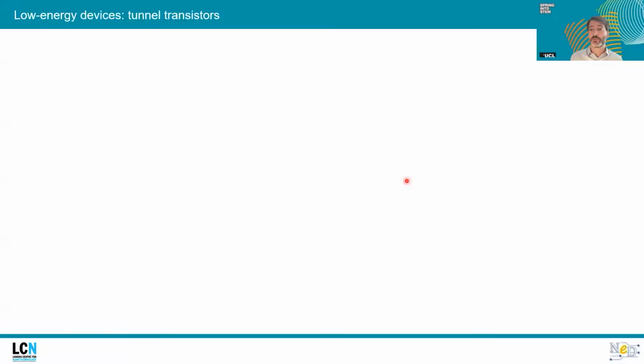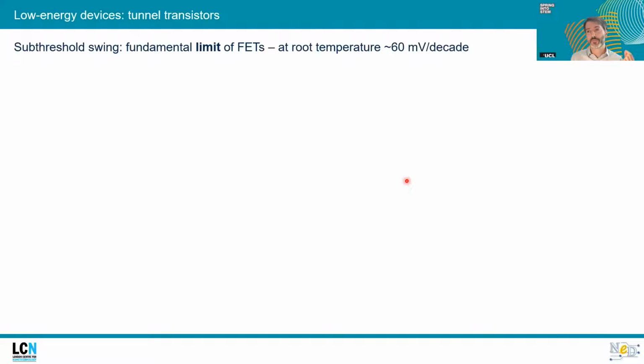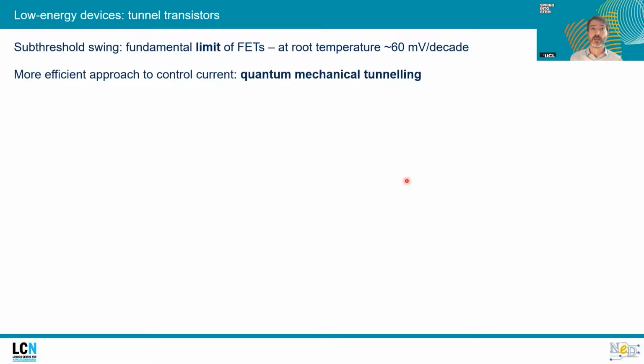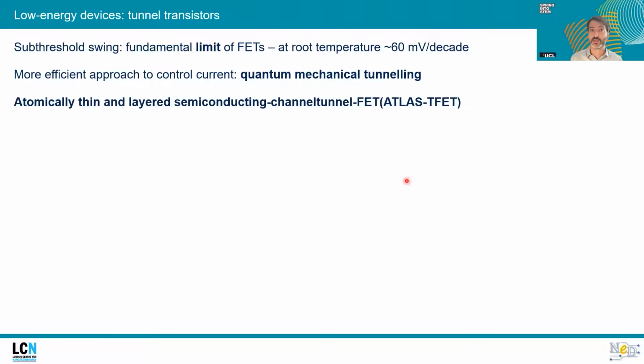That's not the only approach, because electronics faces another very important problem, which is energy consumption. There is a parameter called subthreshold swing, which essentially means the amount of voltage I need to provide to the control terminal to increase the current by a factor of 10. And that is not a technology-based, not a material-based problem, because it's fundamental to the way we manipulate charge carriers in transistors. So another approach is to switch to a completely different technology and go into quantum mechanical tunneling.